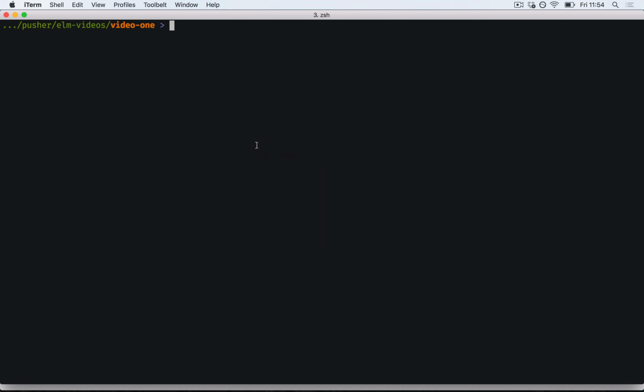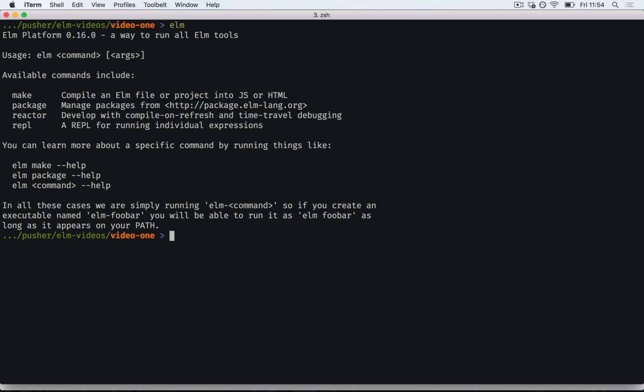Once you've installed Elm, if you head into your terminal, you should be able to type Elm and get an output that looks somewhat like this. At the time of recording, the current version of Elm is 0.16.0, and that's the version that I'm running here. By default, when you install Elm, you get a few commands available to you. Today we'll look at package, reactor, and REPL, but we'll leave make for a future video. If you can run the Elm command without any problems, everything is set up correctly,